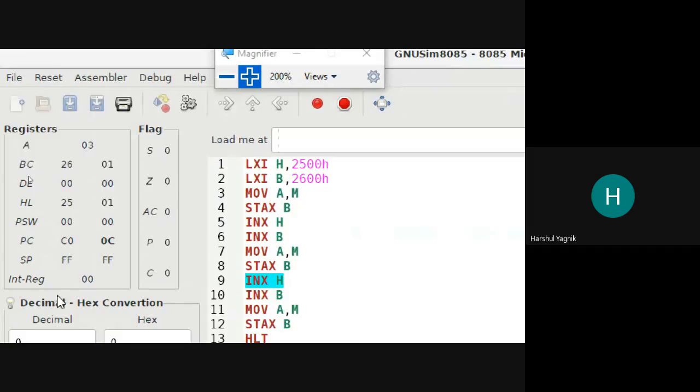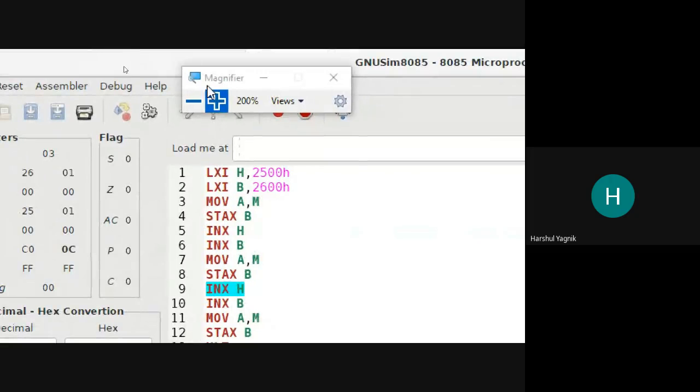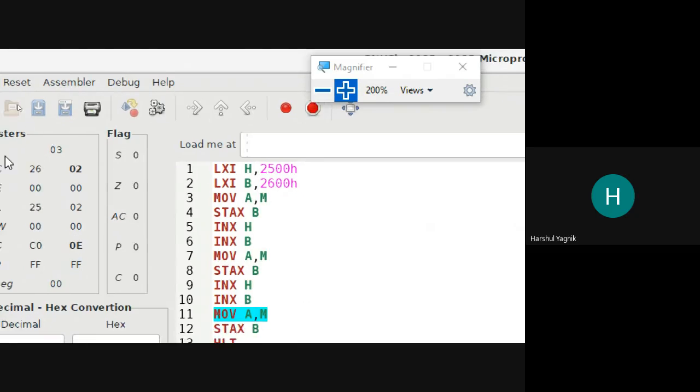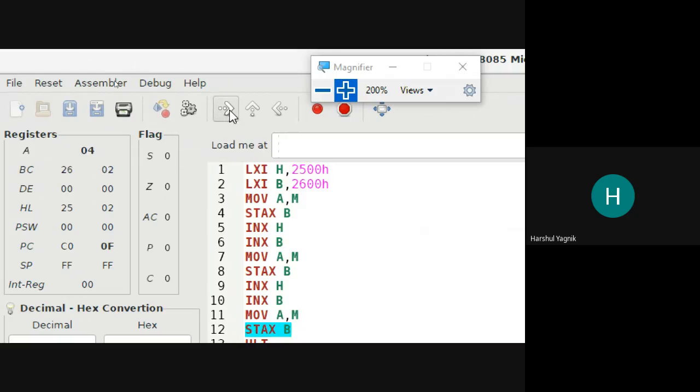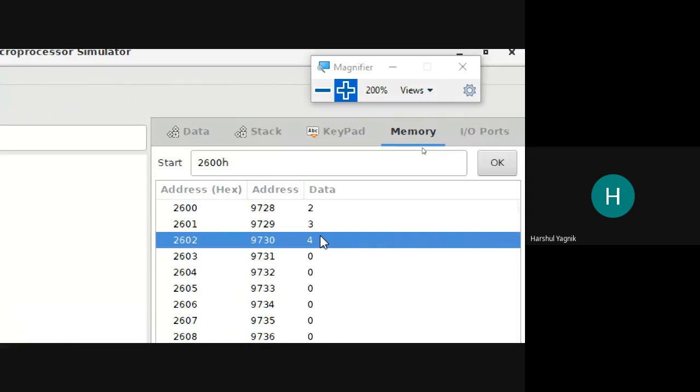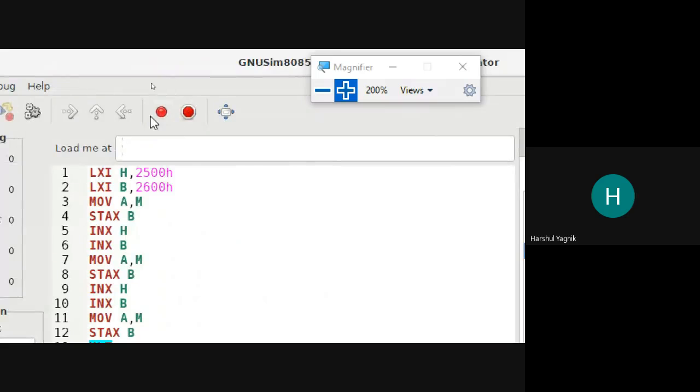And similarly, repeat the steps. Increment H to 2502, increment B to 2602. Get the data from the memory location to the accumulator and store the data from the accumulator to the memory location. Then halt.